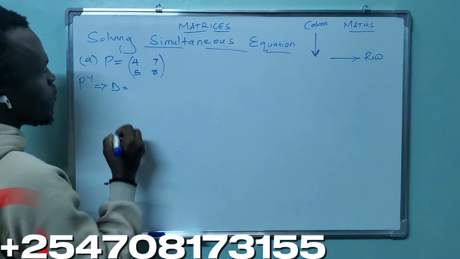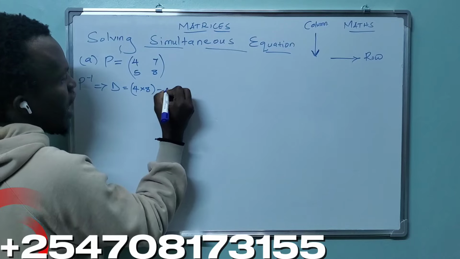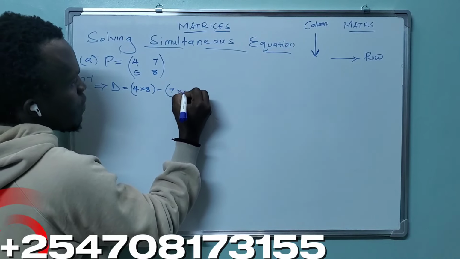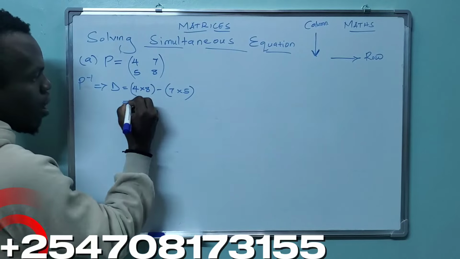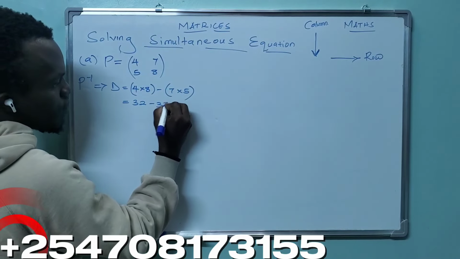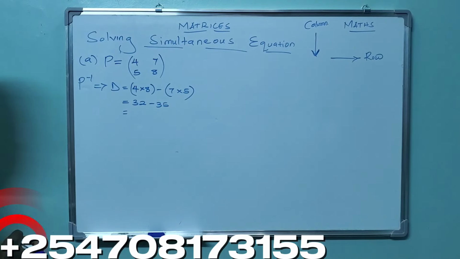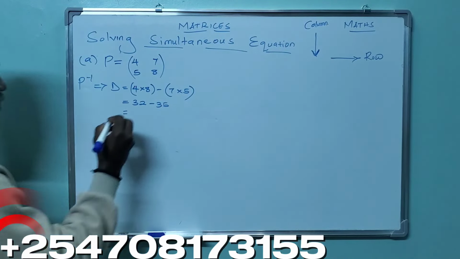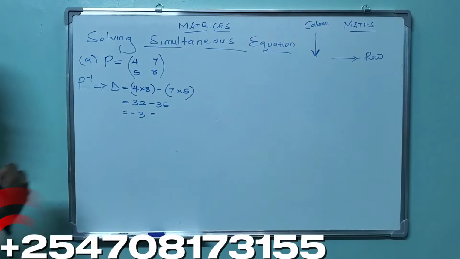The product of the lead diagonal is 4 multiplied by 8, while the end diagonal is 7 multiplied by 5, which means I'm going to have 32 minus 35, so the determinant is going to be -3, whereby the inverse of my determinant is going to be